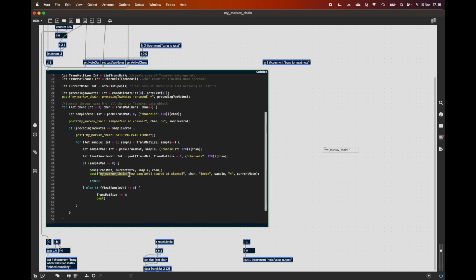We'll post, just use that prefix again. We will post something like all indices full, and then we'll do transmat size increased by 1, and we'll close that up, and we'll post